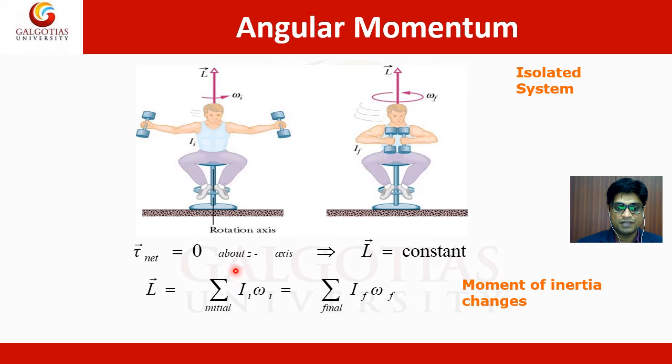For example, if this quantity is 4, then that will be 3, so the angular velocity will be 3, for example. And whenever he closes his hands, the radius will be less, then the moment of inertia will be less, and the other quantity will be high. So again it will convert: this will be low, meaning this will be 2 and this will be 6. So again it will be 12.